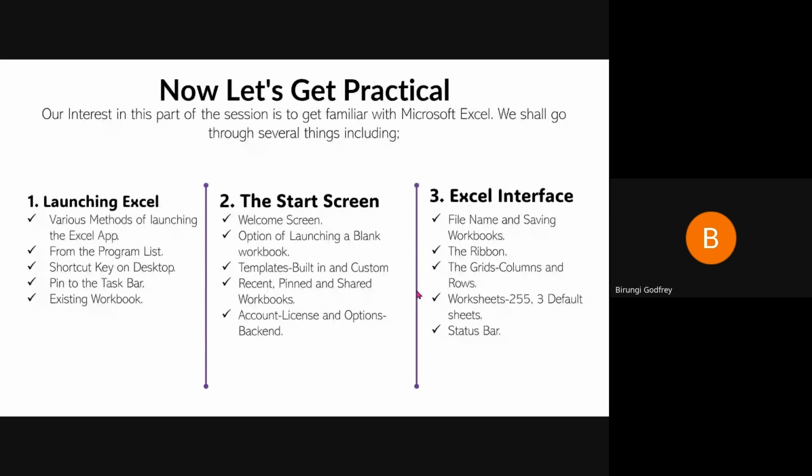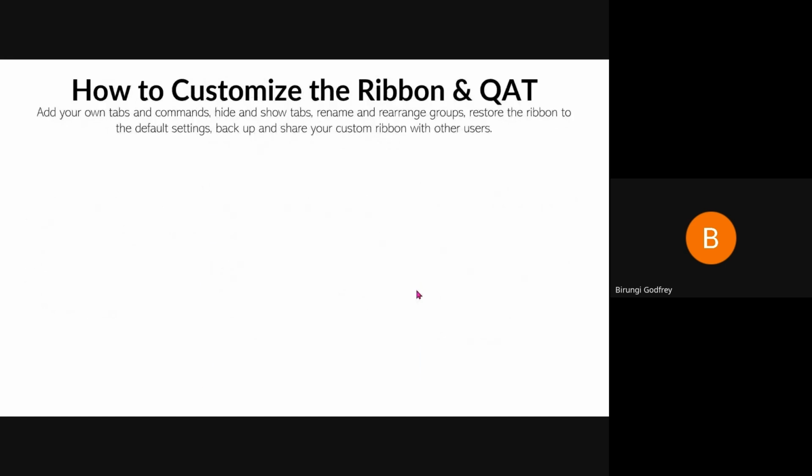Do we understand the ribbon itself, the grids, the columns, the rows that we talked about, the worksheets, the status bar, and so many other things, okay? So let me know that this really sets ground on what we are actually headed for. And if we get time, I don't know if we shall look at how to customize the ribbon and the quick access